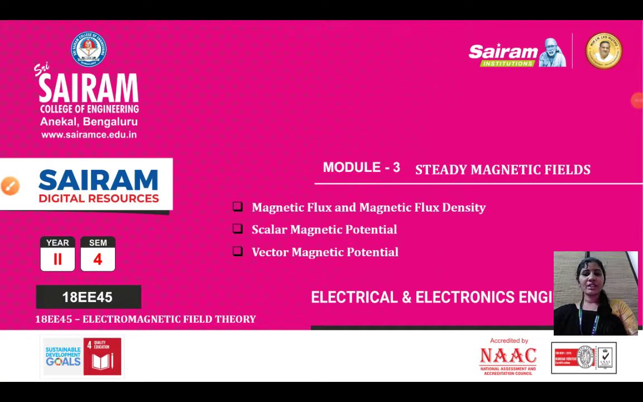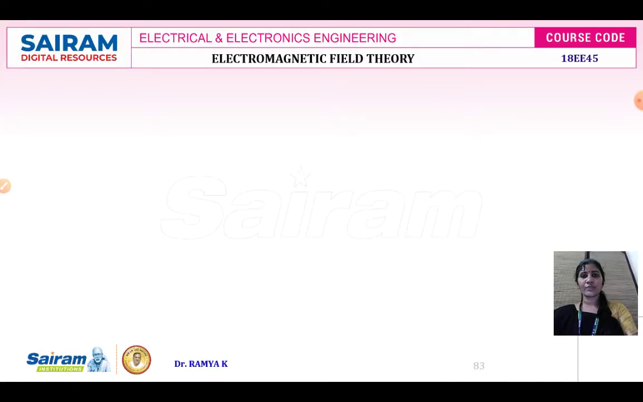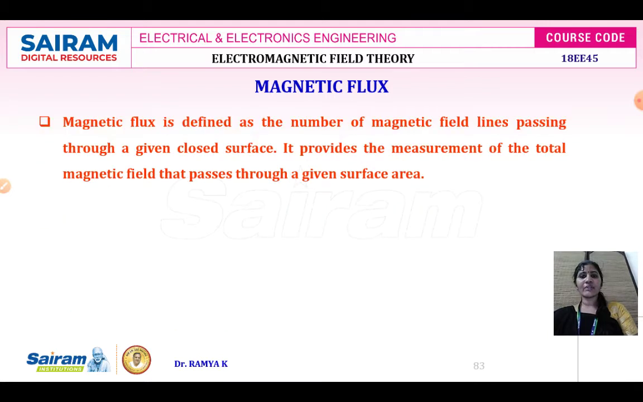Good morning, students. In today's session, we are going to see the definition for magnetic flux density, derivation for scalar magnetic potential, and vector magnetic potential. First, magnetic flux. Magnetic flux is defined as the number of magnetic field lines passing through a given closed